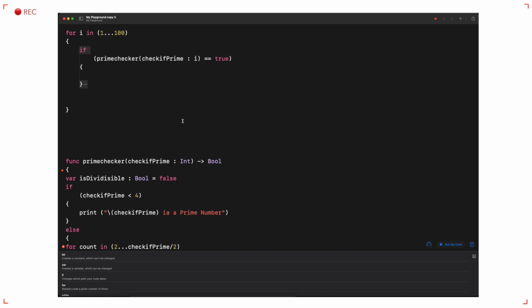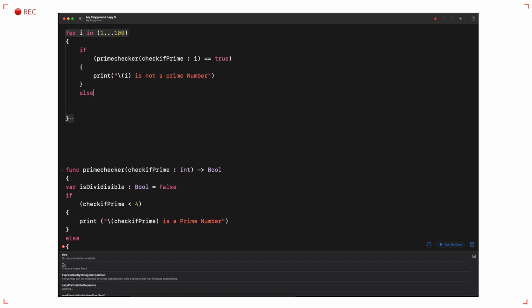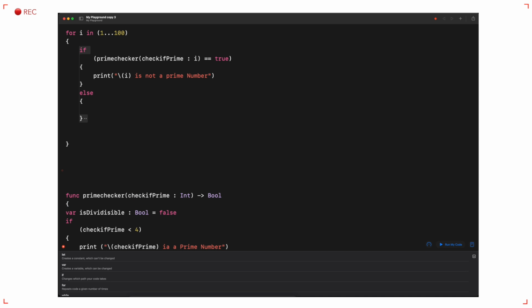Oh, I don't have it anymore to copy. Lazy me, I'll have to type it. So I'm going to say print I. So if you remember the syntax, I'm going to say I is not a prime number, right? And then we're going to say in the else loop, I'm going to say else,